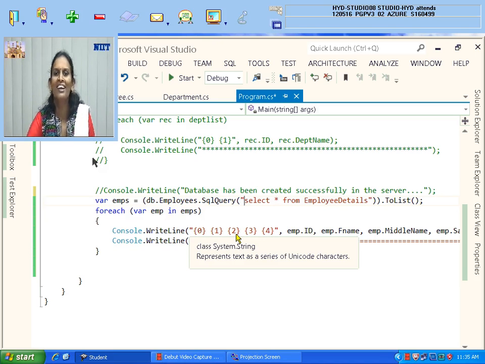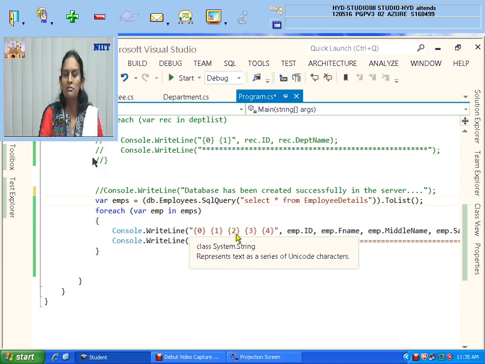Whenever, sometimes, some web applications will send the output in the format of object context. The data you receive is in the object context format, and you want to display that data on the monitor. How to understand it depends. You check the data type of it. 100% it will be in the object context format. Think that I got a variable X. Can you identify whether it is int or float? But as a developer, you should have the idea of the data type of the variable.